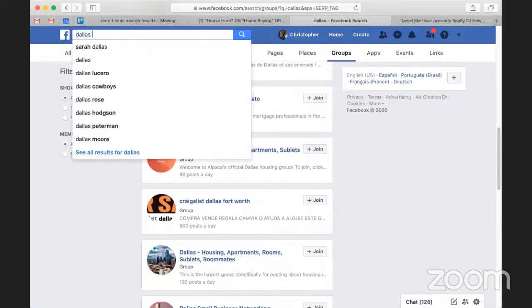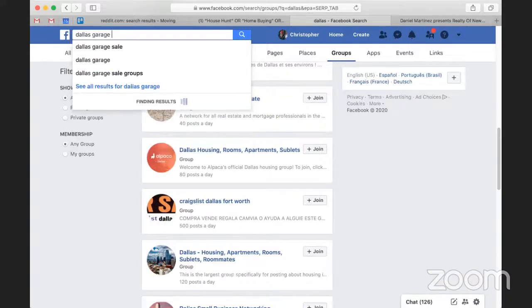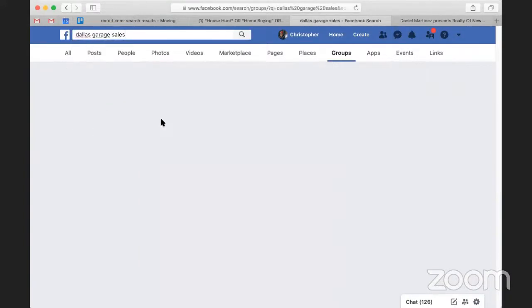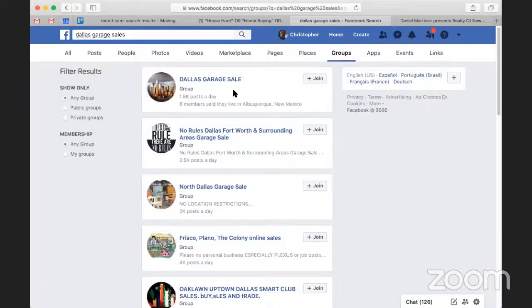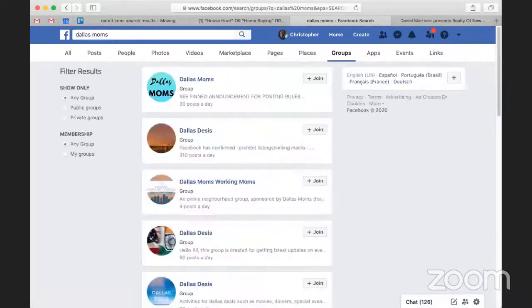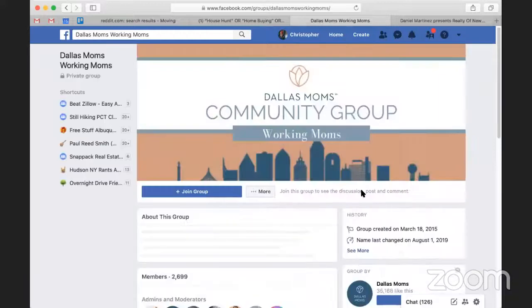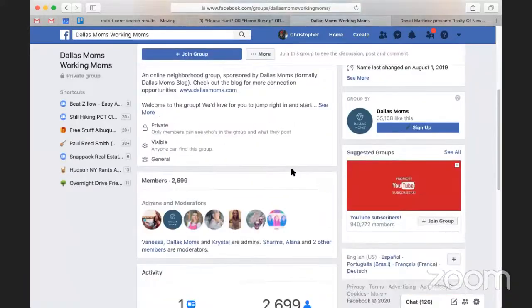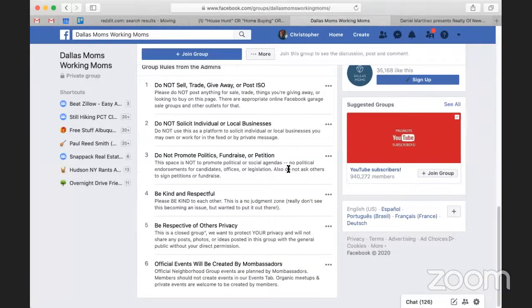Let's say Dallas garage sale. See what that gets us group-wise. Yeah, so Dallas garage sales, like maybe some mom groups. You can pull up some Dallas moms, working moms. This is a group. You can join the group, and then